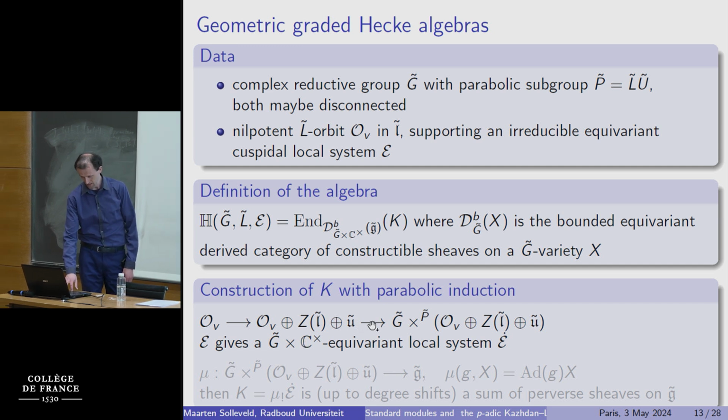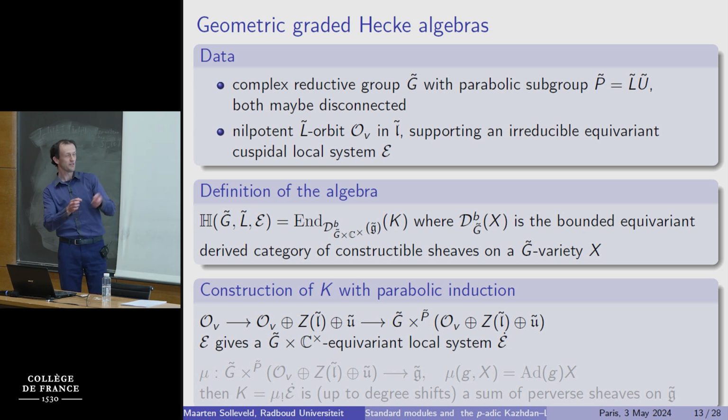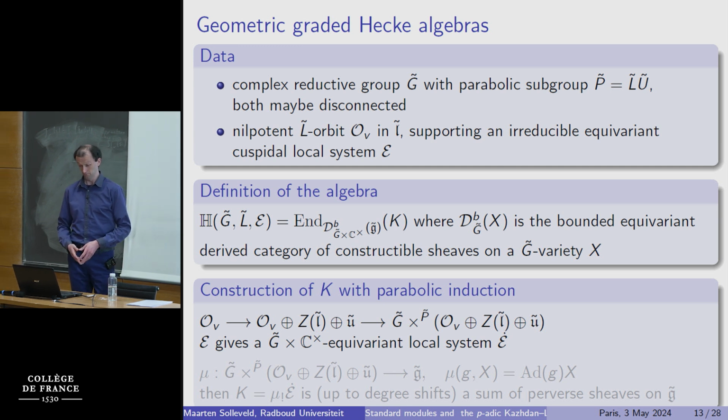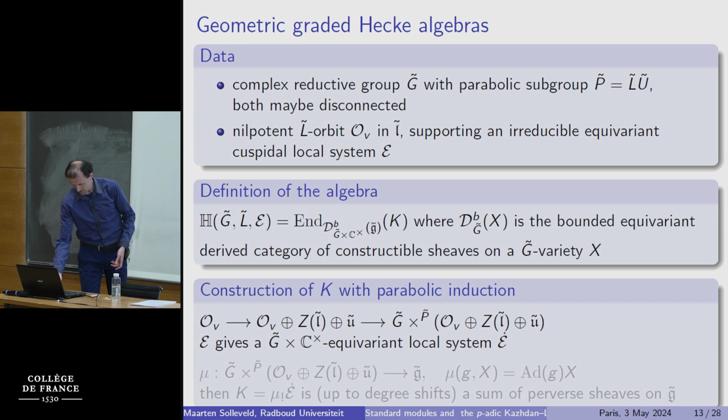And then you can lift it to a G equivariant local system on this part, where the subscript P tilde means that you have an action of P on both of these factors, and you have divided out by the combination of these actions. And, well, then you have a local system there on the right-hand side, and then finally you push it back